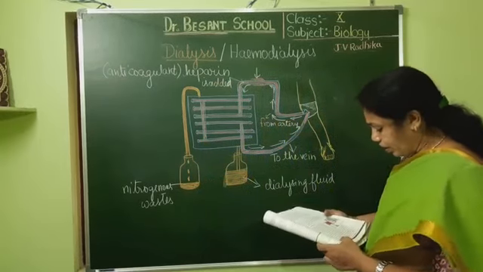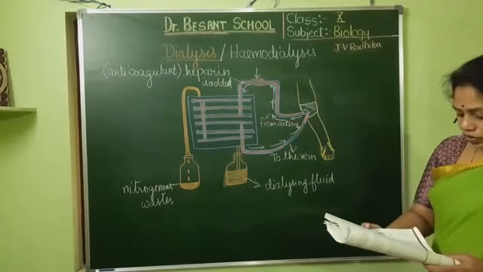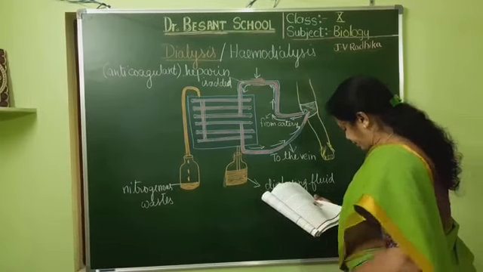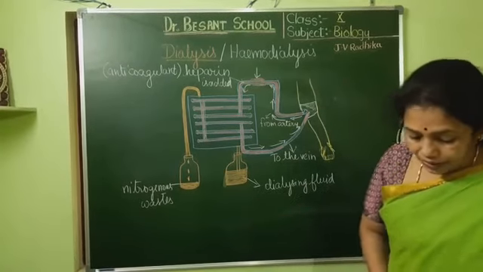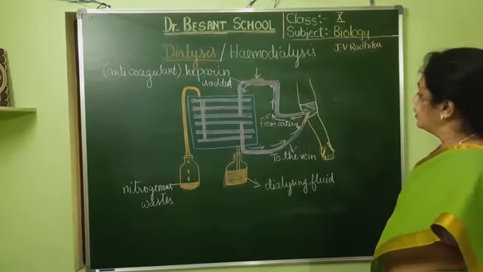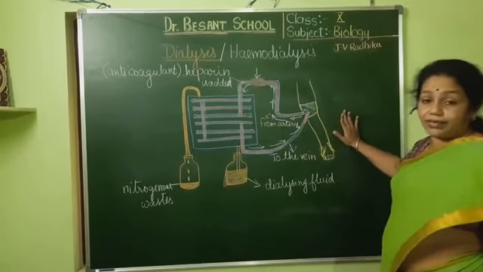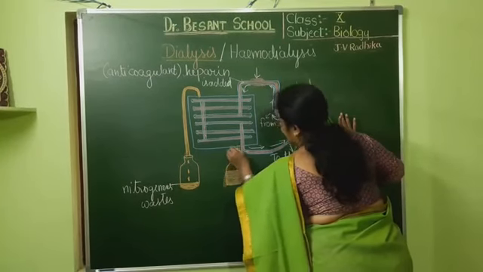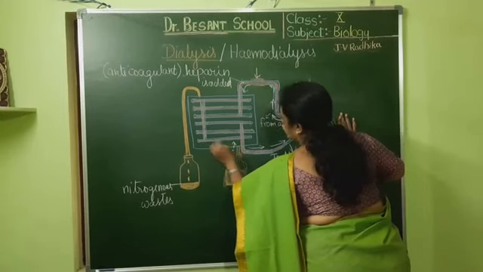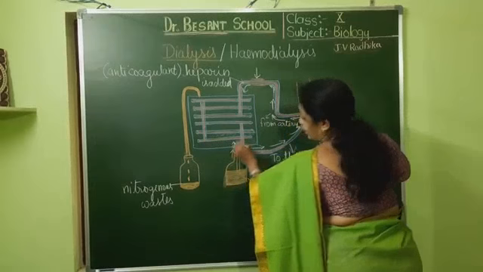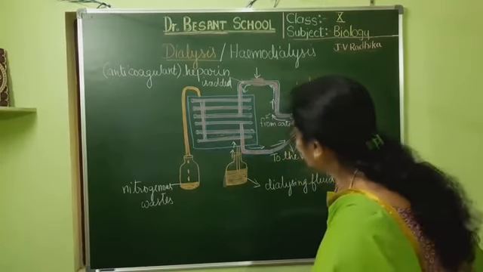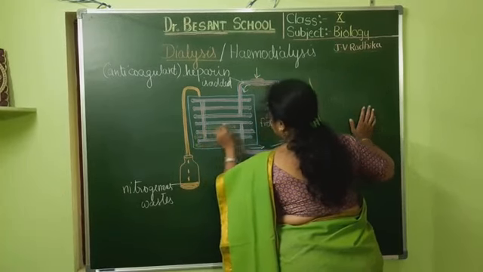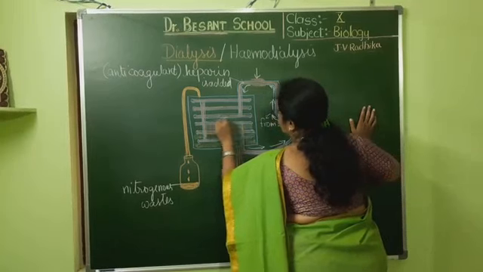Now, here what happens? You all can draw this. So complete. I have labeled all the parts. This is the typical dialyzing machine, a very simplified diagram I have given. Now this is going upwards. The dialyzing fluid will be going upwards, and in between the cellophane tubes that are there, the dialyzing fluid would be there.